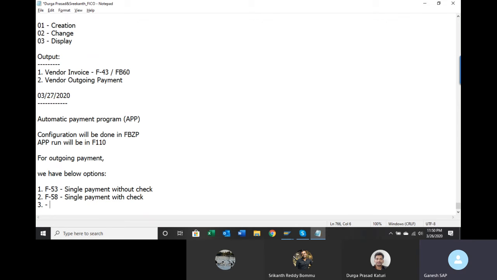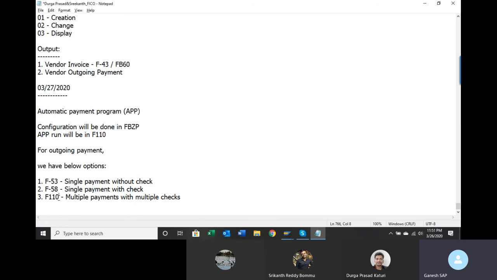You can make F110 multiple payments with multiple checks. So that means if you want to make vendor payments to more than one vendor at a time, then you can go with F110. For this, there is a required configuration to be done. We'll do the required configuration and then we'll proceed with the automatic payment run.